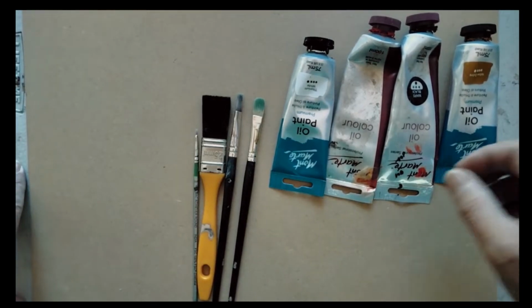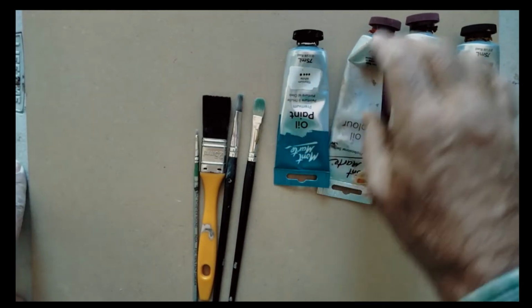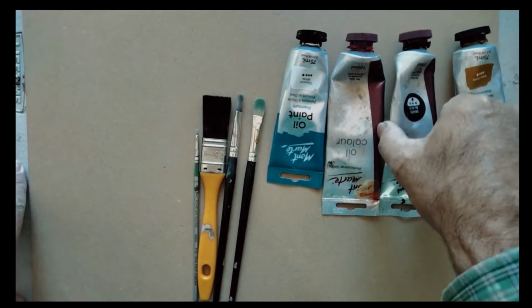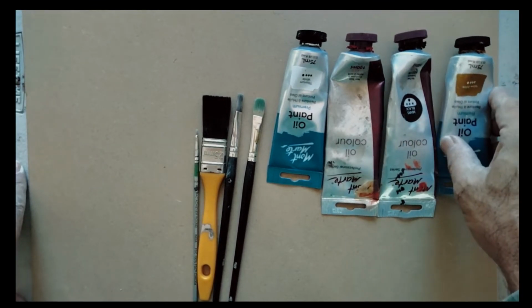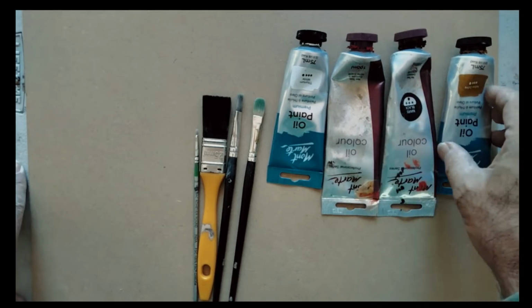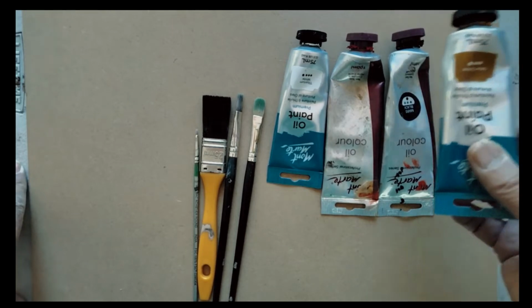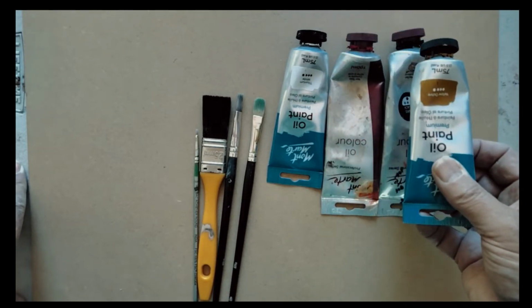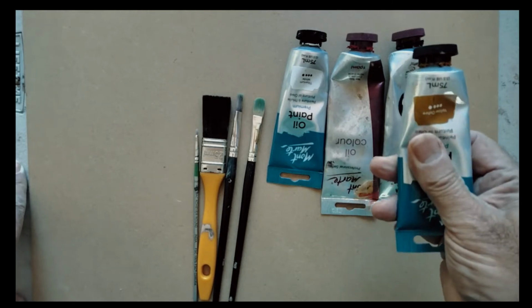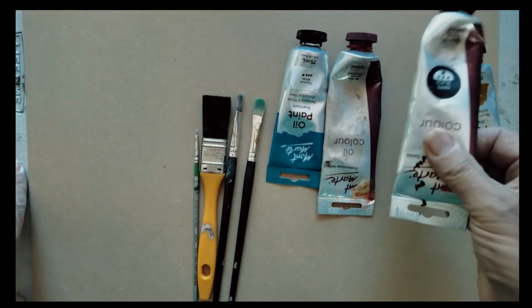For painting portraits, all you really need, an absolute necessity, is these 4 paints, which constitute the Zorn Palette, after an artist called Zorn who developed this palette. And what we have is yellow ochre, a kind of mustard ochre, a mustard yellow, black,